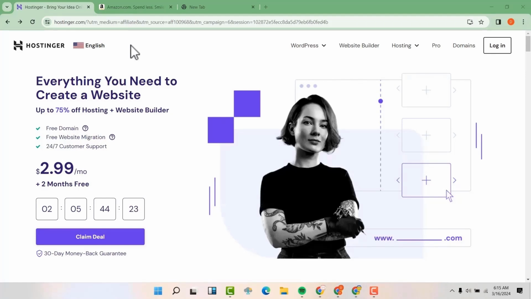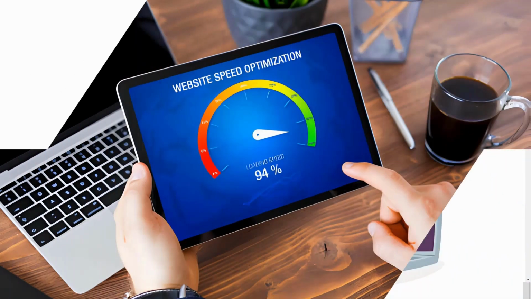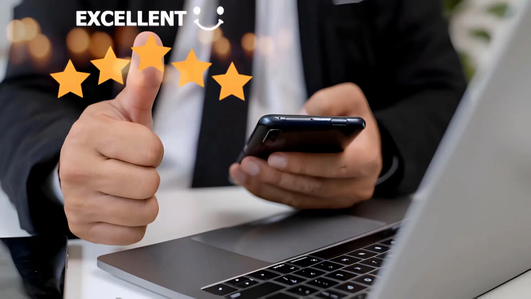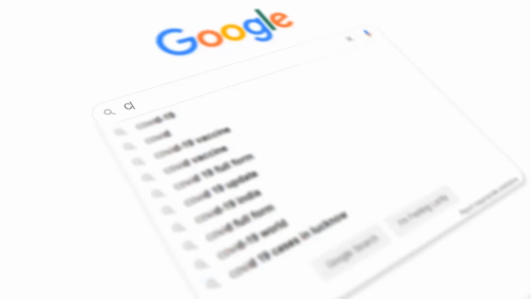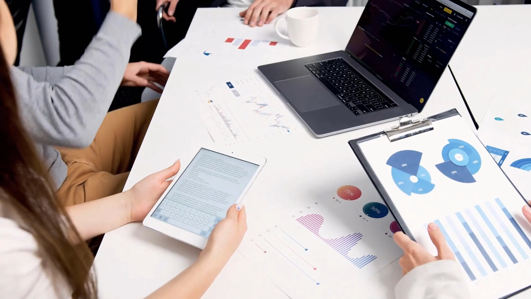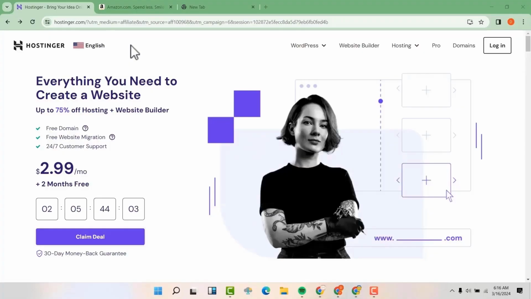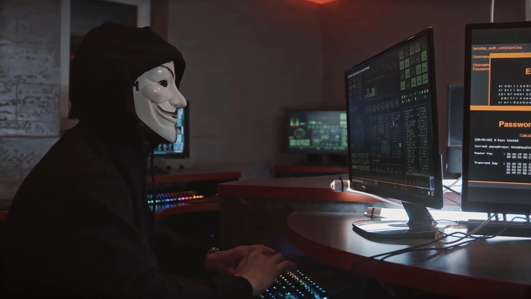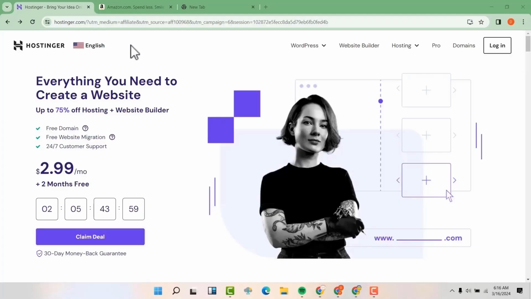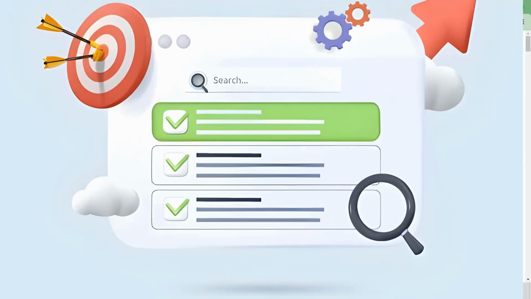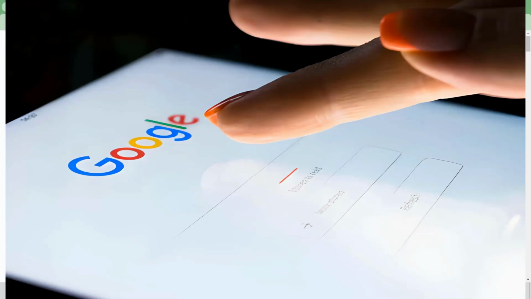Hosting is the most important thing in your website because everything is directly tied to your hosting. For example, your website performance, your website speed, your website security, a good user experience, and even your website ranking. So selecting a reliable hosting company is crucial for an amazing user experience and amazing security that will make your website almost impossible to attack and hack. And most importantly, you will get a better ranking in Google, Bing, and other search engine results.